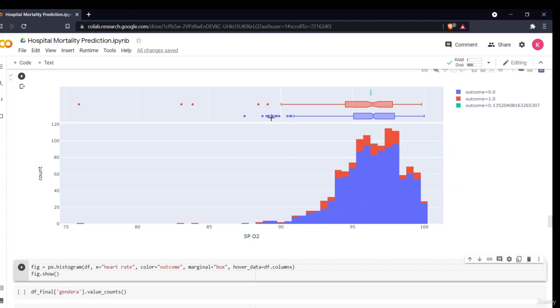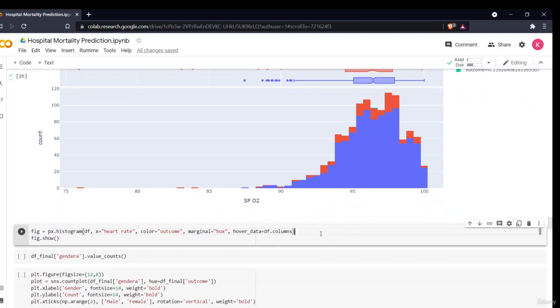As you can see, no person is alive with an SpO2 of less than 90%. That means they are in a very critical condition. Most of my data lies between 95 to 100 only, and the death rate also lies below 100. But there is only a count of two which had 100% oxygen and died, because that is a very unlikely option. They might have died of some other cause.